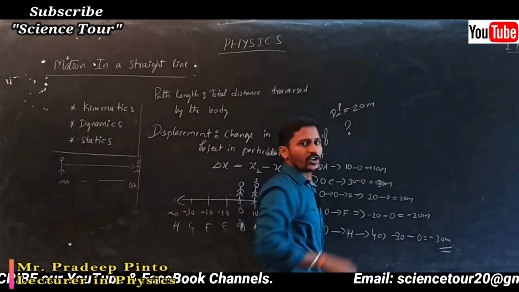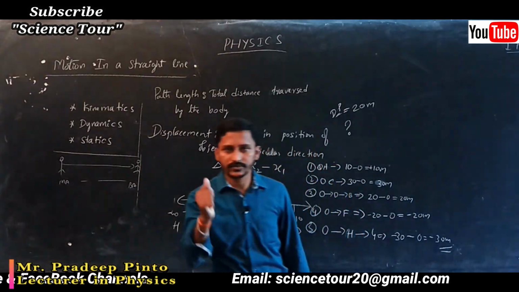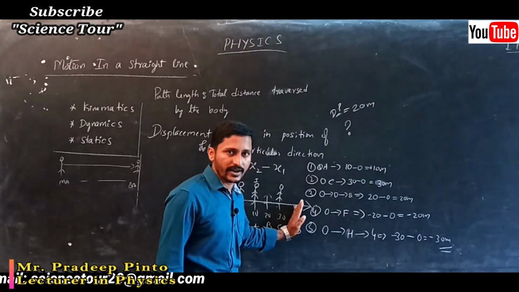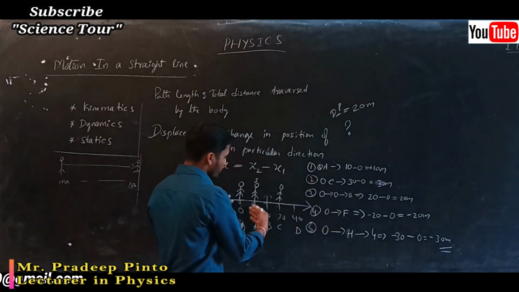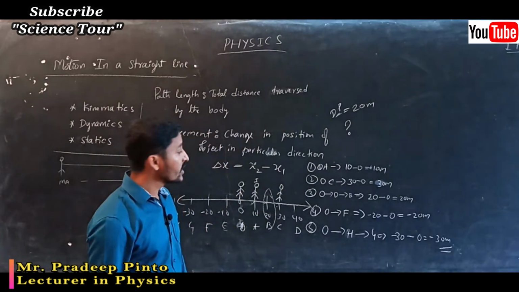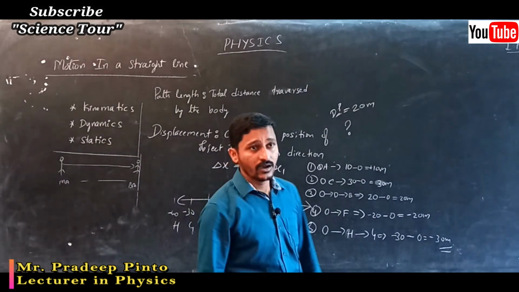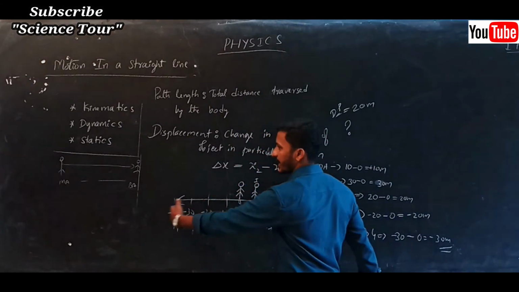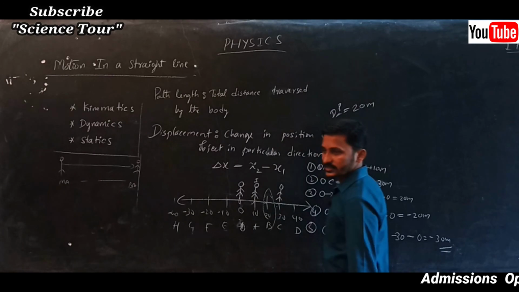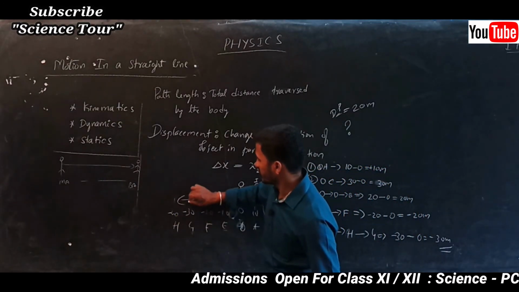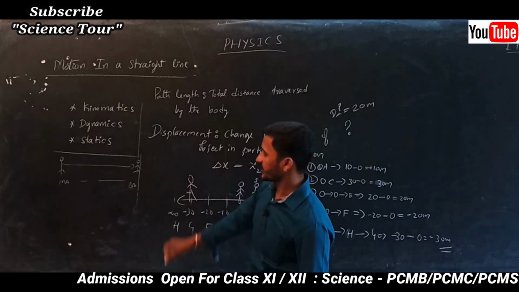Where is the position of the object? Now position is where that object is. Plus 20 means it must be on the right side of that, and it must be at the point of B. If I say minus 30 meter, minus means it is the left side. If I face the axis, left side, okay, left side where? In the 30th position, at the position of G, like that.